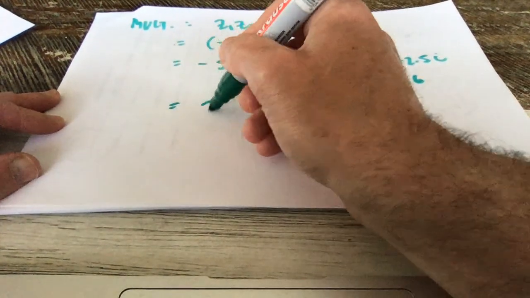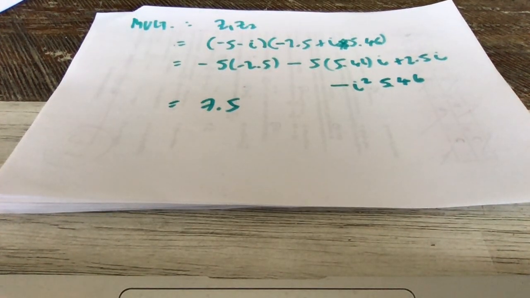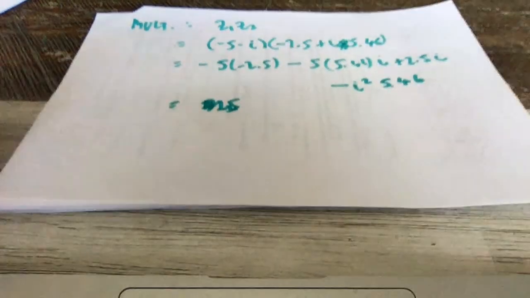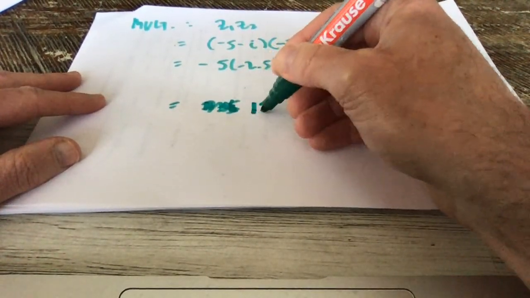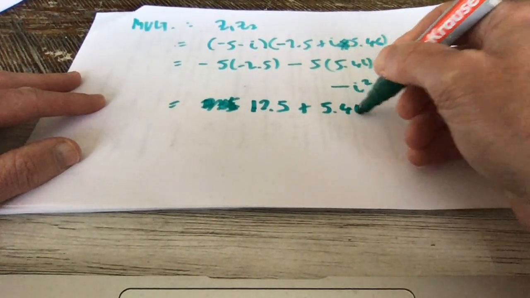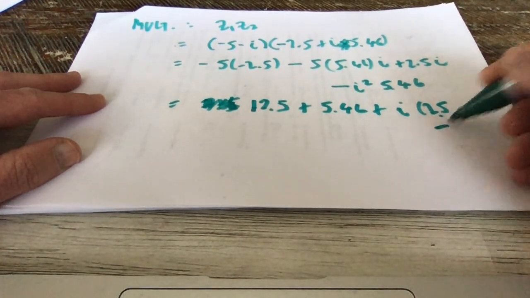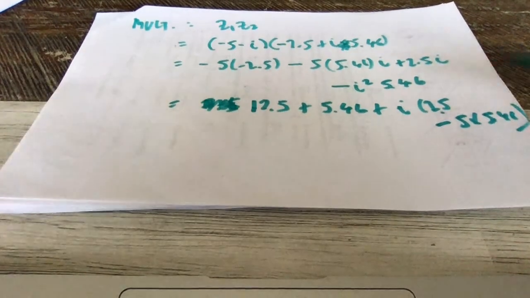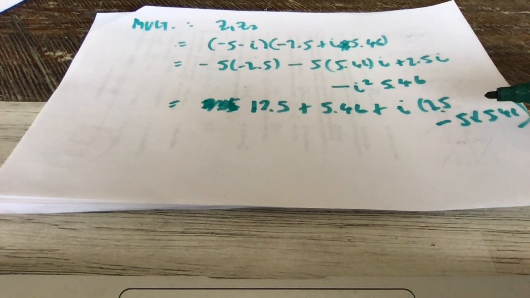I think that is 7.5, but I might be wrong. It's not 7.5. It's 12.5, isn't that right? Minus 5 by that, so it's 10 plus 2.5, so it's 12.5. And this is minus plus 5.46. And then you have an i term, you've got 2.5 minus 5 multiplied by 5.46. I'm not going to multiply it out. So that's the multiplication. As you can see, when you multiply the Cartesian forms of complex numbers, it's a